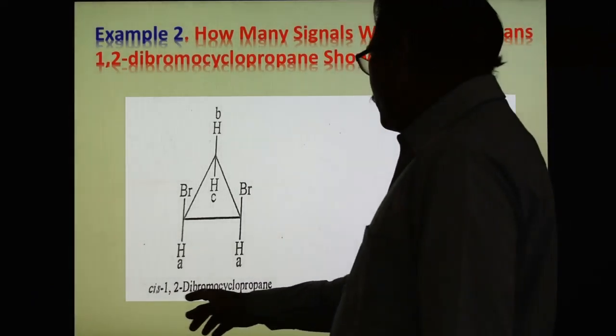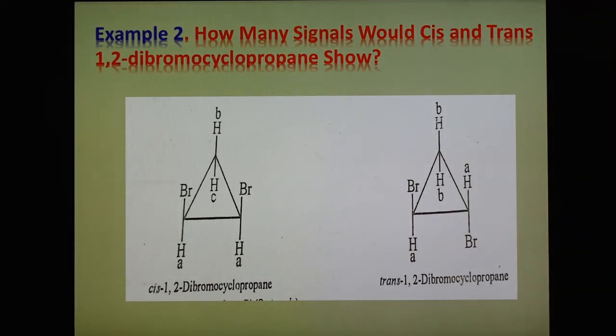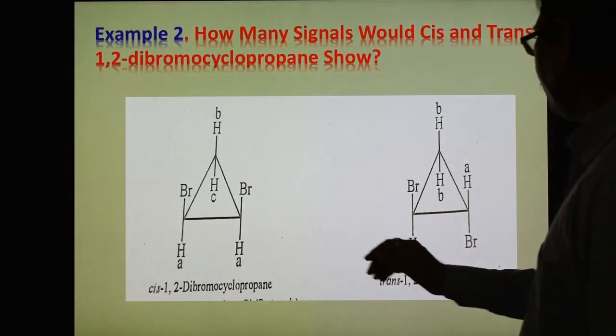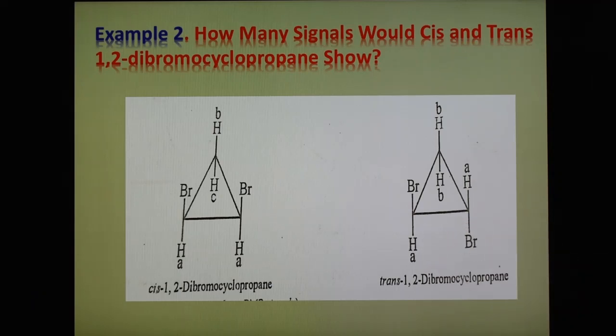This is cis 1,2-dibromocyclopropane, and this is trans 1,2-dibromocyclopropane. Cis means similar groups are present on the same side, and in trans they are on opposite sides. So that compound is cis and this is the trans compound. Now, in the case of the cis compound,